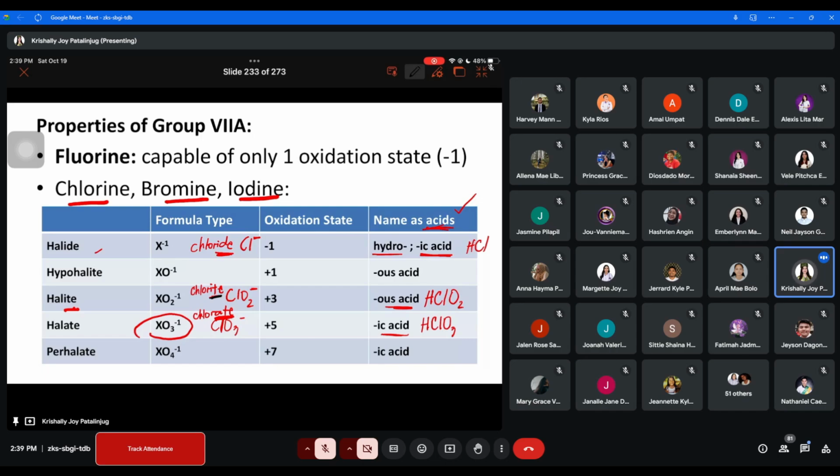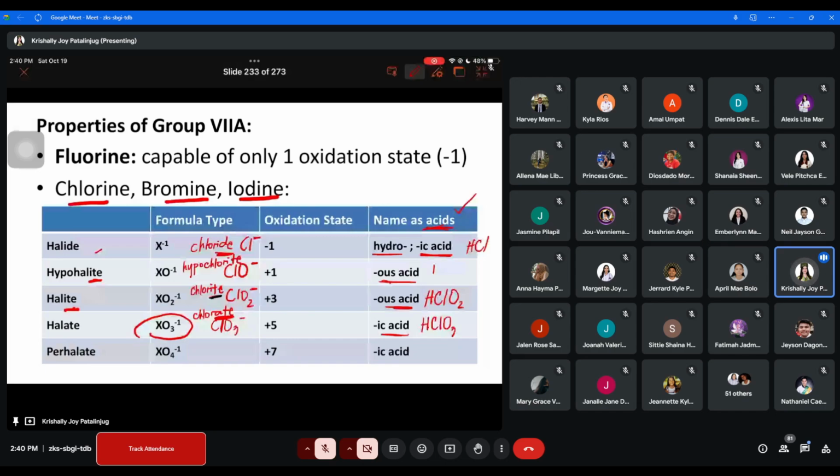Ayan. And then, out of the ite form, pwede pa one less oxygen from the ite form. May mo na siya hypochlorite. So yung hypochlorite equivalent is one less oxygen. So may mo na siya ClO negative. So this is already hypochlorite. And ite ending man gihapon siya, change the ite ending to ous to obtain its acid name. So that becomes hypochlorous